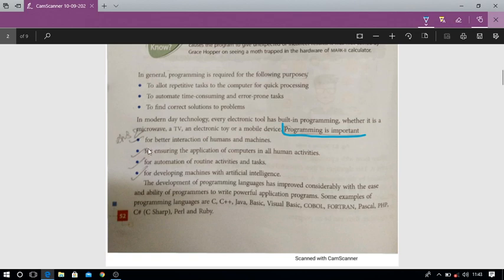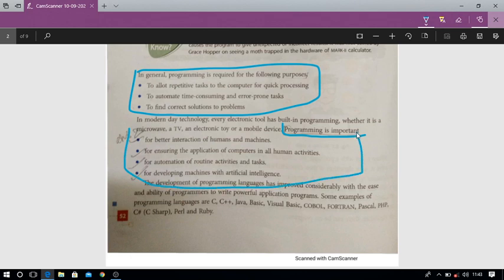This is the reason why programming is important. You can also write this one, this is also a reason, and this is also a reason. So you can write this one because it is simpler and clearer for you.